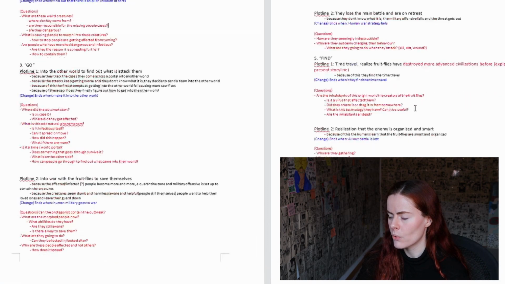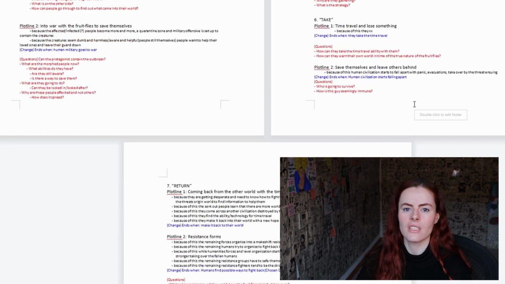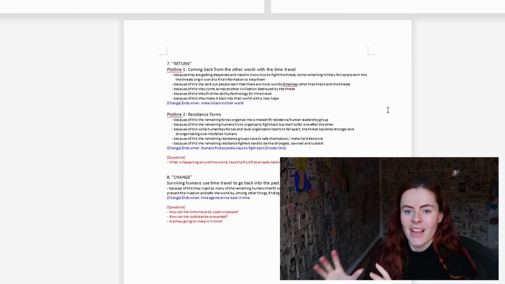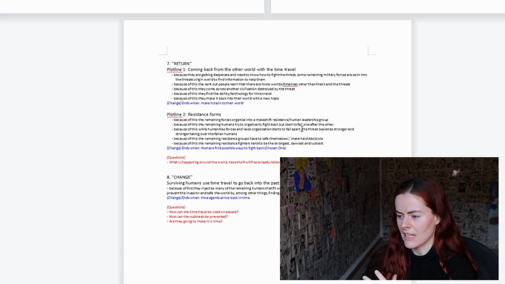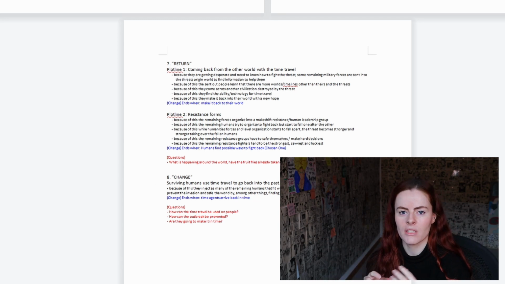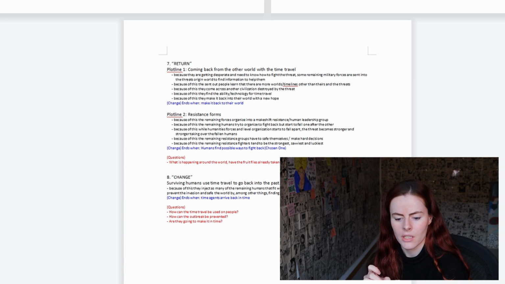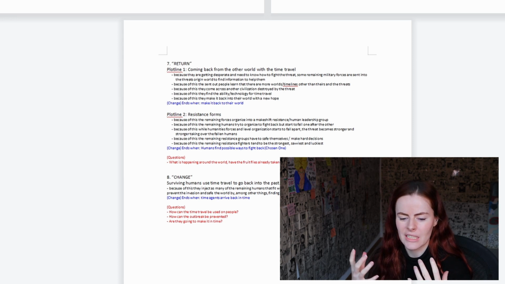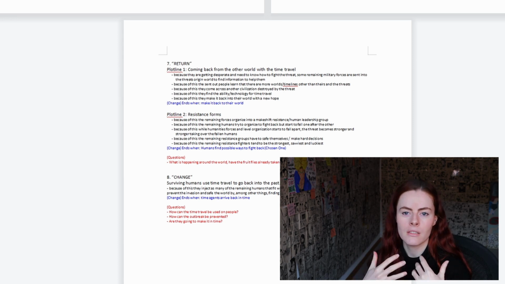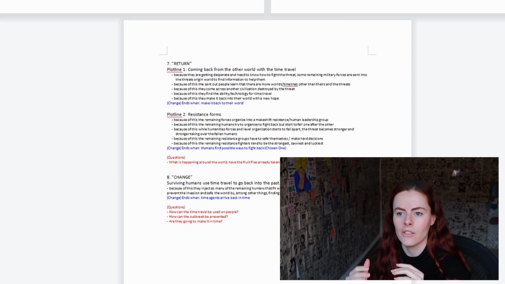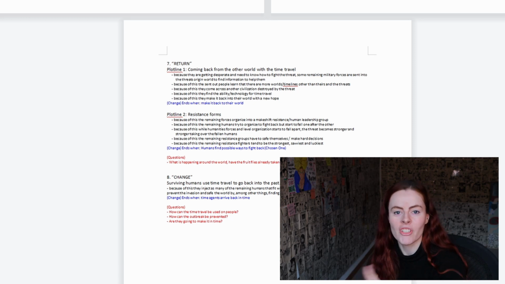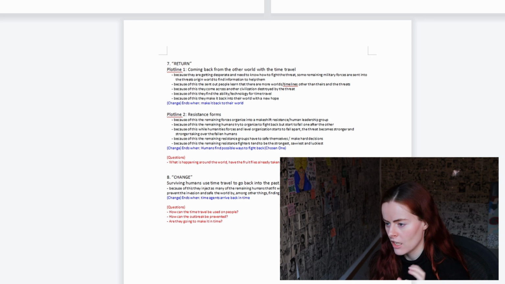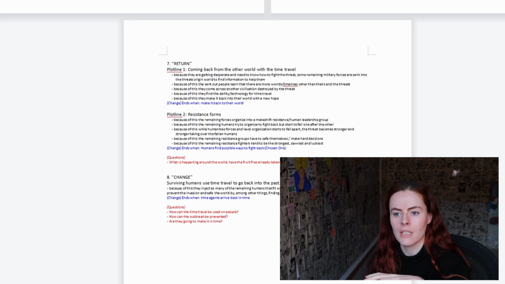And now for plotline 2, the question is, what is the main conflict there? So the final showdown happens at 8, where basically the humans have now acquired the time travel and are leaving the future to escape into the past. And the idea here is that a few people make it back into the past, running out of time, and a few actually make it back, kind of like a countdown effect. So that's the final conflict, making it back into the past.